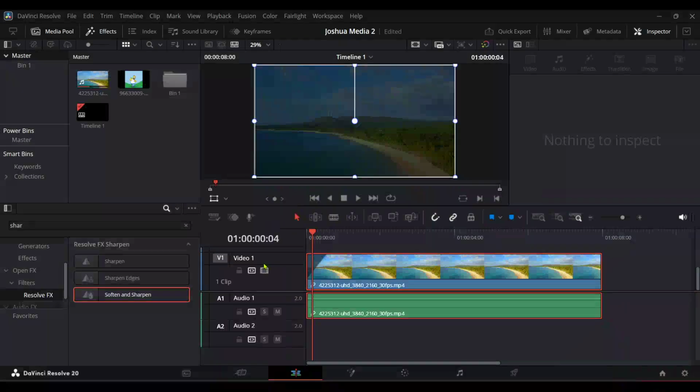In today's video, I'm going to teach you how to get smooth real-time playback in DaVinci Resolve 17 for H.265 10-bit video. Whether you're new to video editing or a seasoned pro, achieving seamless playback can sometimes be challenging, especially with high-resolution footage. But don't worry, I'll guide you through the process to ensure your editing experience is as smooth